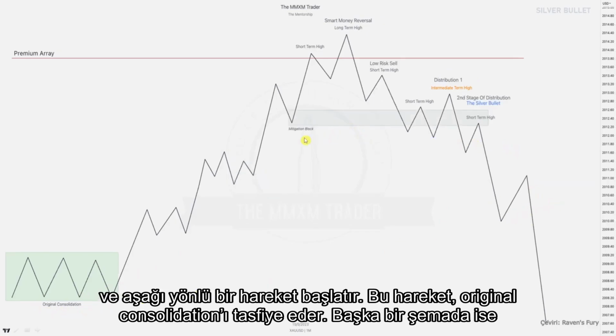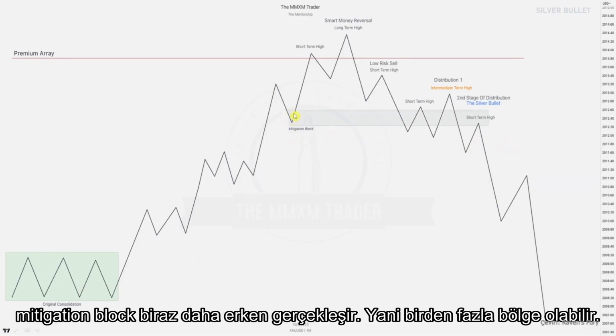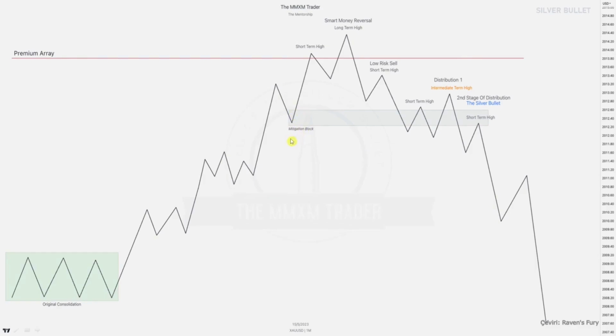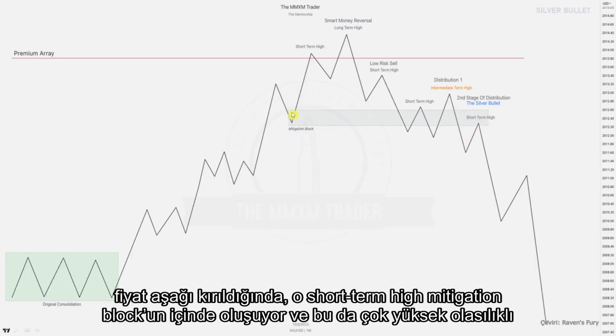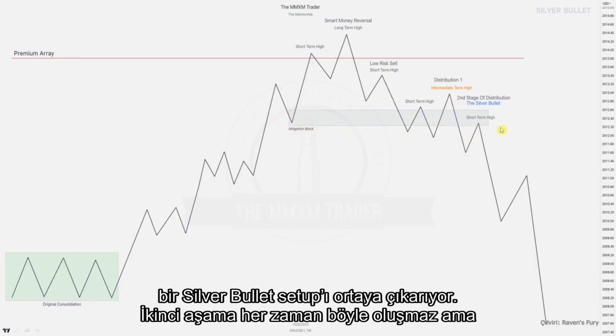Here's another schematic, and then that mitigation block happening a little bit earlier, right? So you have multiple areas of mitigation blocks, right? We use those bullish order blocks on the buy side of the curve and extend them out to the sell side of the curve. So over here we've got that intermediate term high forming around that mitigation block, and once it breaks lower, that short term high forms inside that mitigation block, making it a very high probable silver bullet